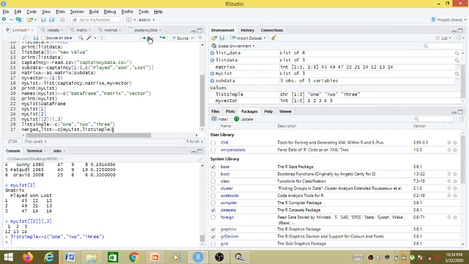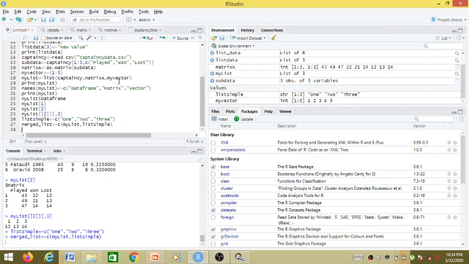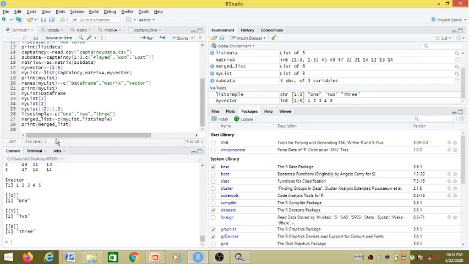So if I run, I have created merged list, you can see here, and if I print it, let us see how it looks. Merged underscore list. So run and see here.